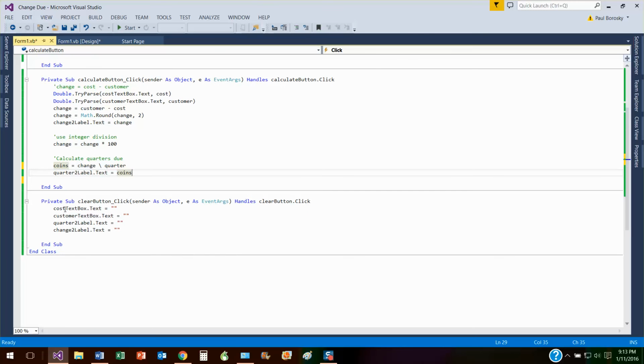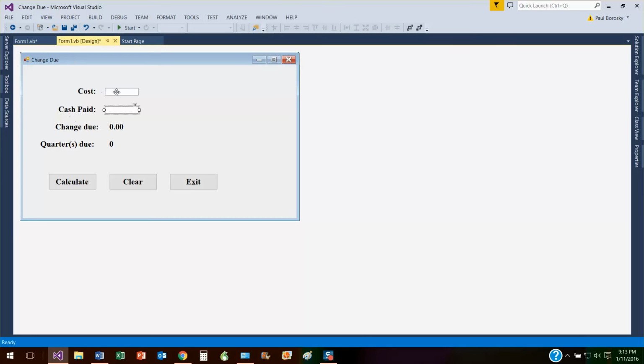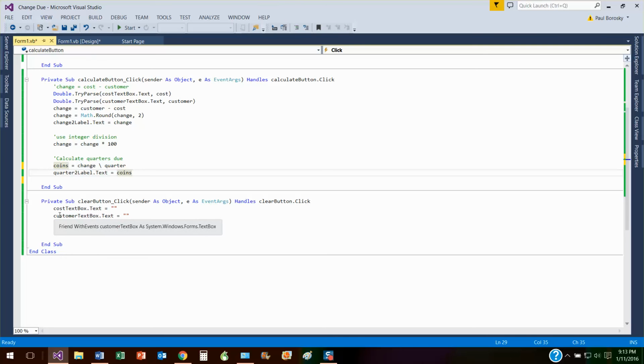Finally, what we're going to do for the clear button is clear out the cost text box. We want to clear out the cash paid text box. We also want to clear out the change due, and we also want to clear out the quarters due. So we want 2 labels cleared, and we want 2 text boxes cleared. So let's make sure we have that. And right here, the cost text box.text, we clear that out, and then we clear out the second text box, and right here we're clearing out the 2 labels. With that done,